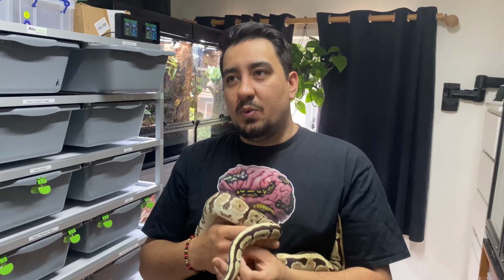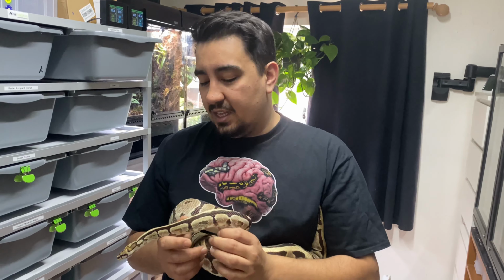It wasn't until we started cutting that things became a little bit strange. When we started cutting the eggs, everything seemed to be going to what we expected. The first one we cut looked like a spot-nosed fire, maybe Enchi, which fit. Then the next one was clearly Enchi, clearly fire, but it was very, very orange. I kept saying to Jay and Jake, who were both here as we were cutting, that's a really orange animal. Then we cut a third one that looked like the first, so spot nose, fire, Enchi,